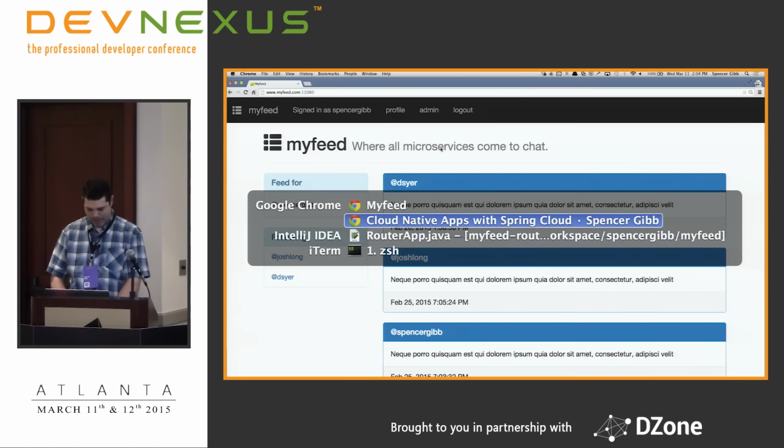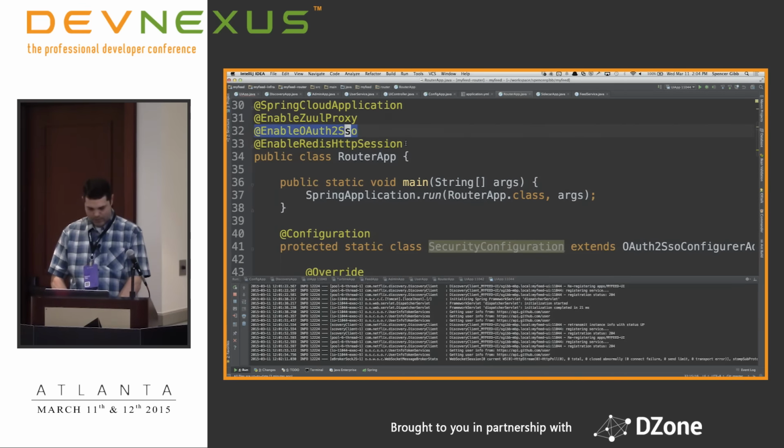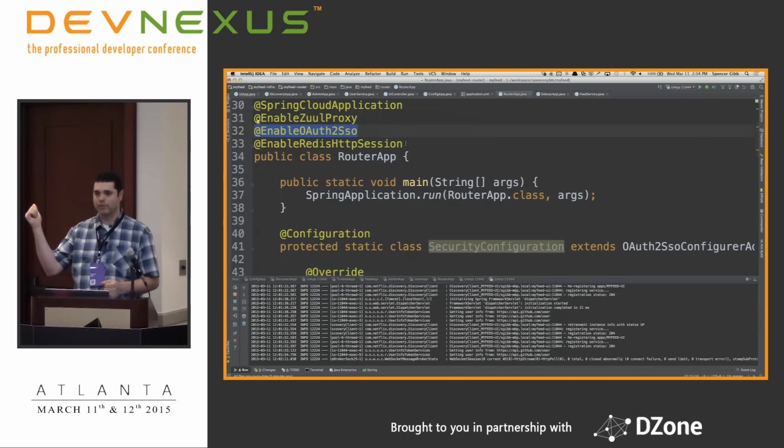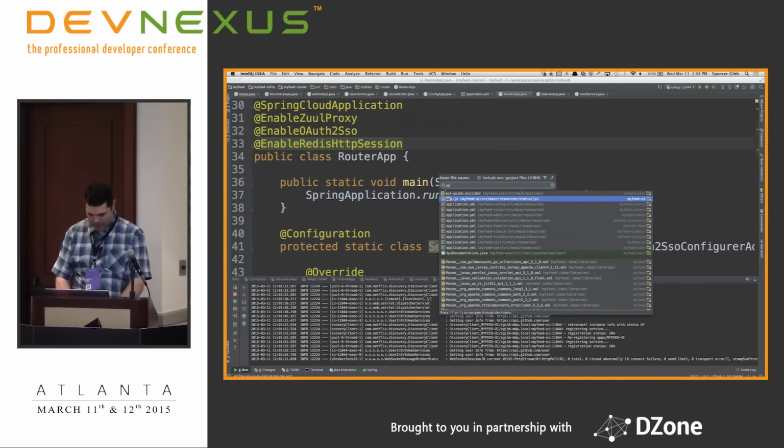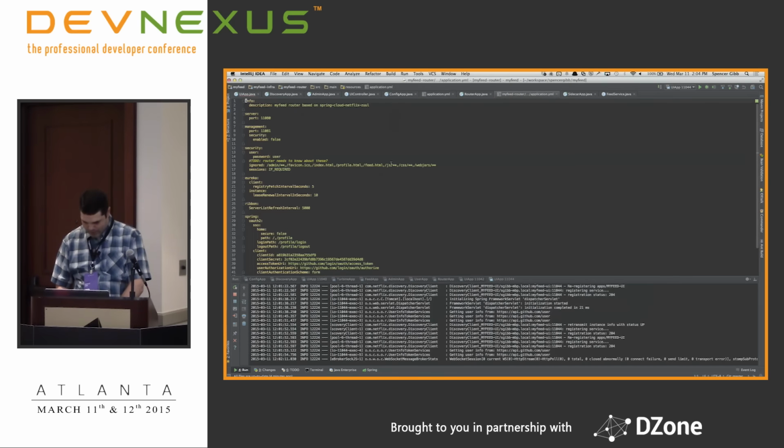So let me show you how that happened. I actually put this annotation in the router because that's where the interaction happens to redirect to GitHub. So I put that in, and then I can show you some of the configuration here.